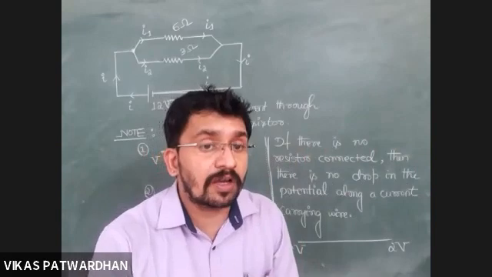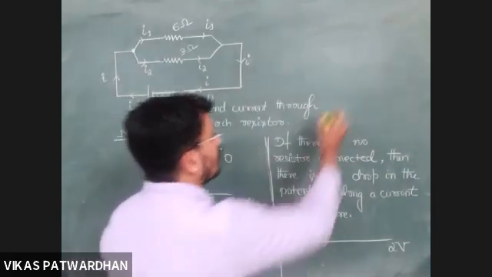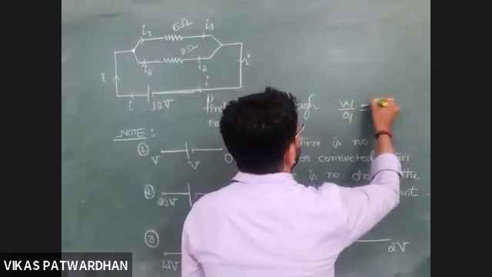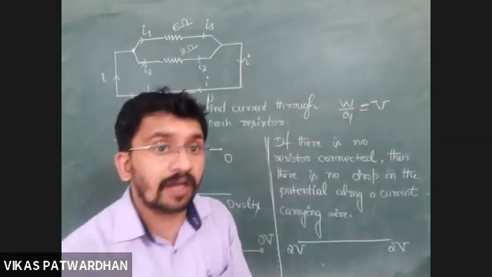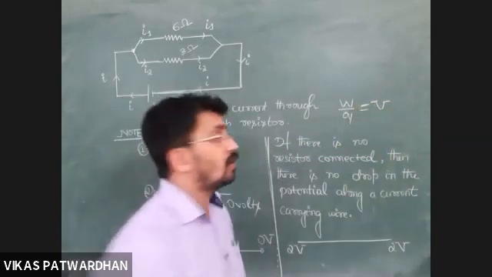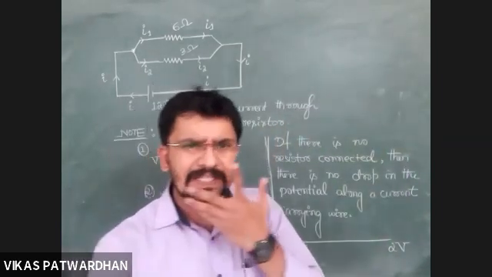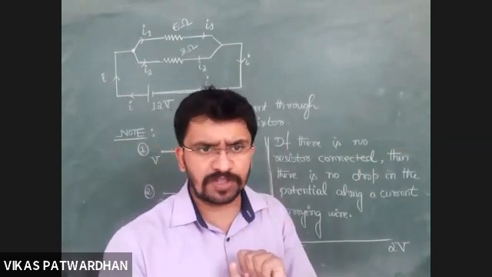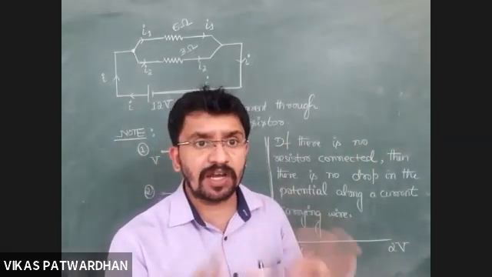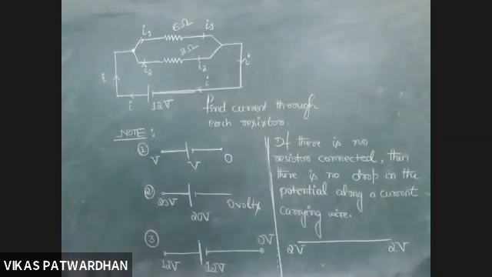Whenever I do work, what happens? There is a difference in potential. Why? Work done by charge is equal to potential. Yes or no? Yes sir. If I do work, the potential drops. I mean, there is charge, so the idea of potential drop comes in. If I don't do any work, potential does not change at all. Right? Yes, same logic.